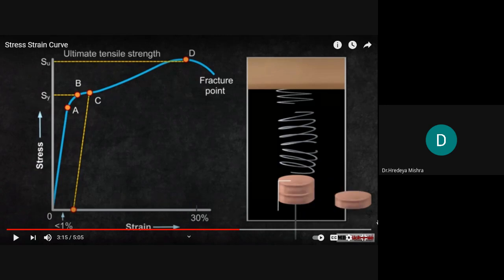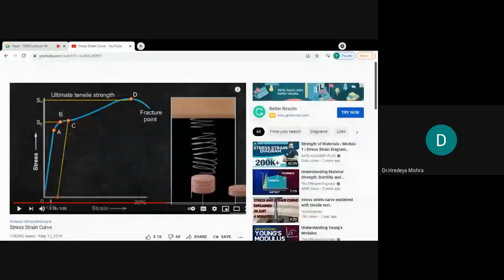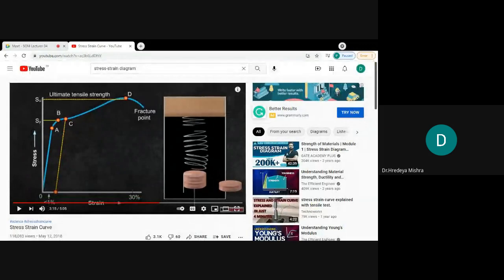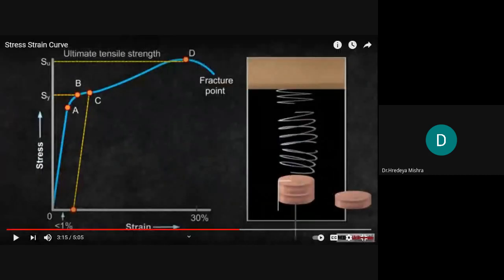Okay, students, see this diagram. Go through this diagram, and in this diagram, what you see, we can observe this is the stress strain curve, and this curve is made from observation due to the load application and the deformation occurring in this spring. So what happened? You can see OA.